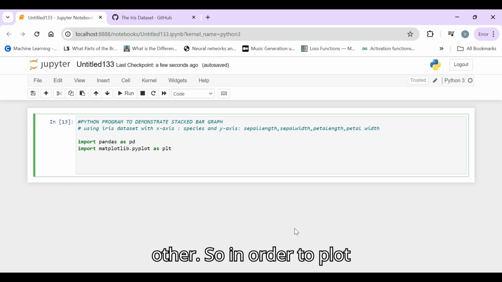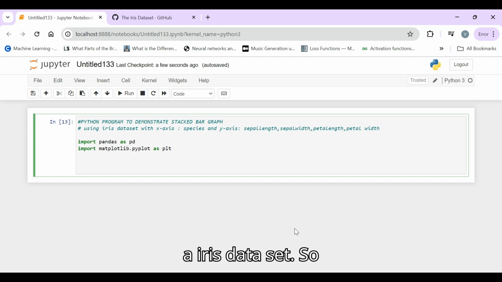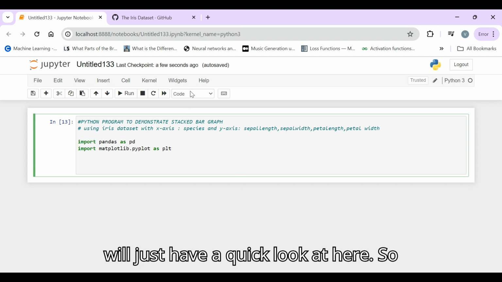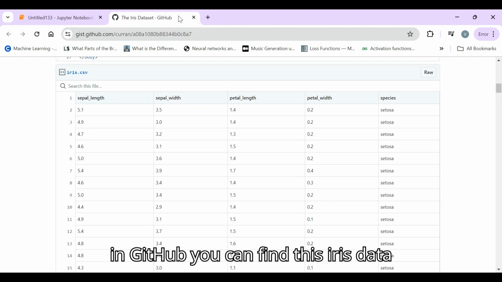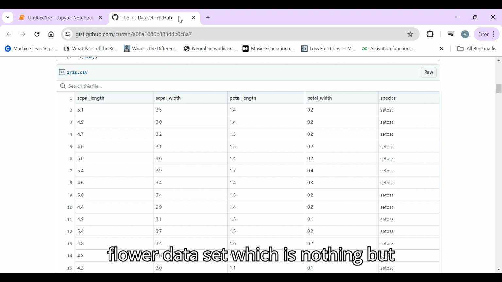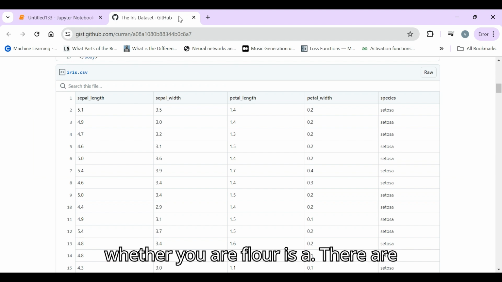In order to plot this bar graph, we are taking the help of the iris dataset. So what exactly is this iris dataset? We'll just have a quick look here. In GitHub, you can find this iris dataset. It is nothing but a flower dataset, which is mainly used for classifying flowers.